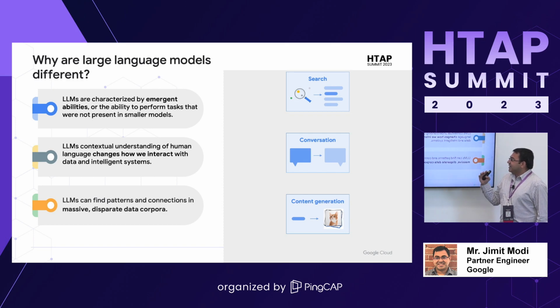That's why it's emergent. It also is very useful in terms of creating new content, right? So you can ask, explain to me what happened in 1990 during this time, or let's say in a world war or whatever. It's going to come back based on the knowledge it had, and then it's going to summarize to you. I've used this a lot in terms of summarizing content for me, or I can use this to expand content. So for example, let's say I'm writing an email, I wrote 3 lines, but then I want it to be a very big email. I can ask the LLM, take this text, and then expand it for me.